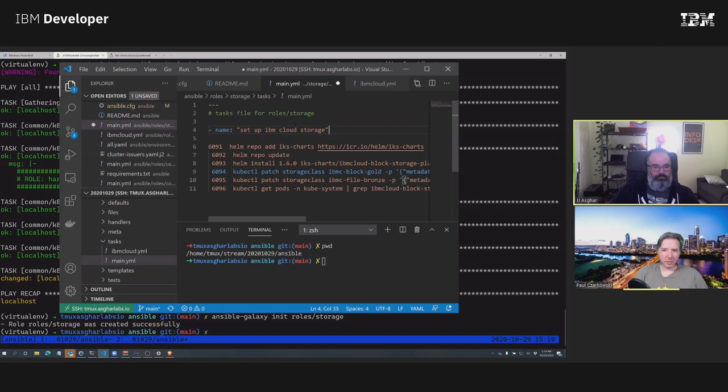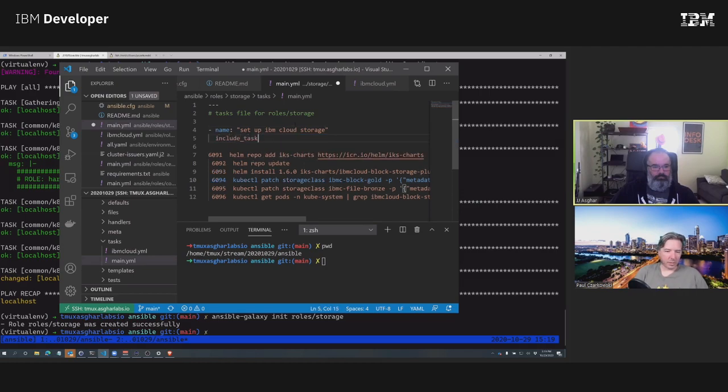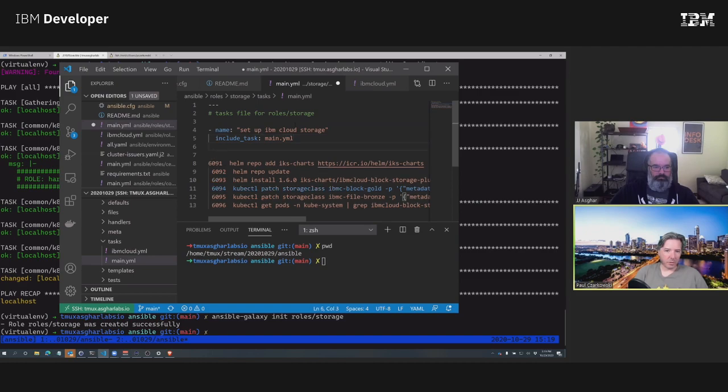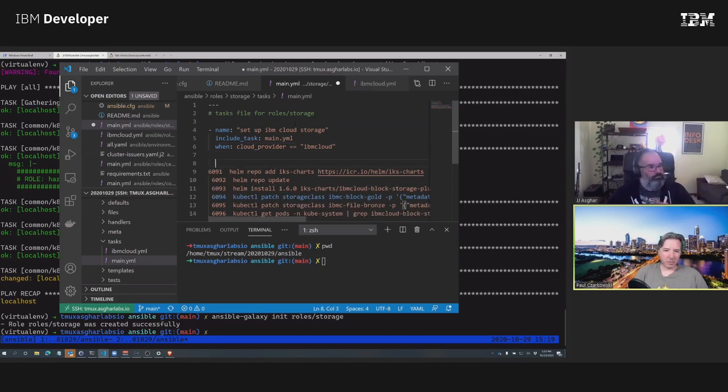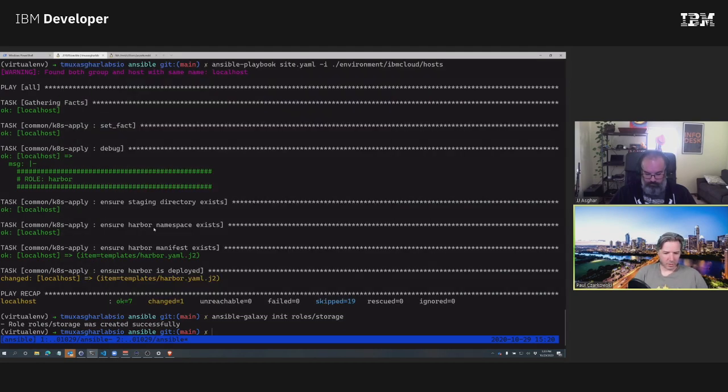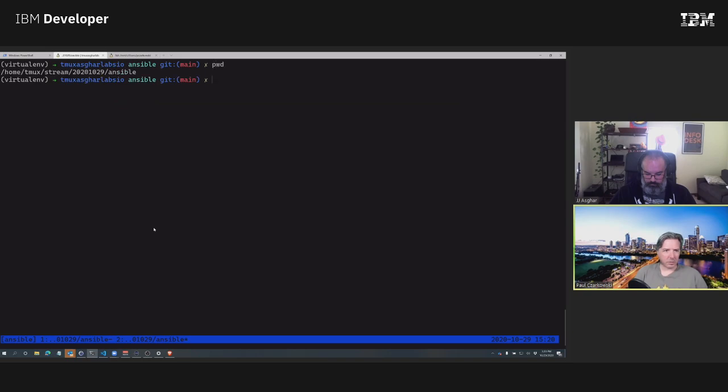And we want to do a cloud storage YAML, when cloud provider is cloud. And then let's do this. Storage templates.